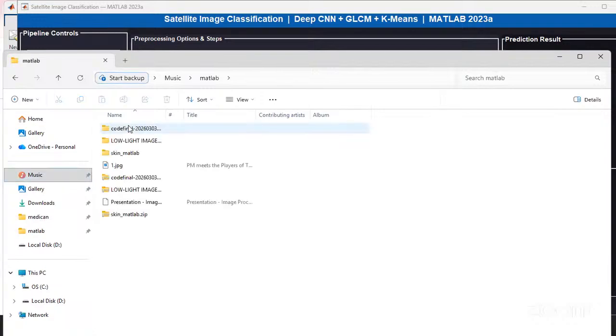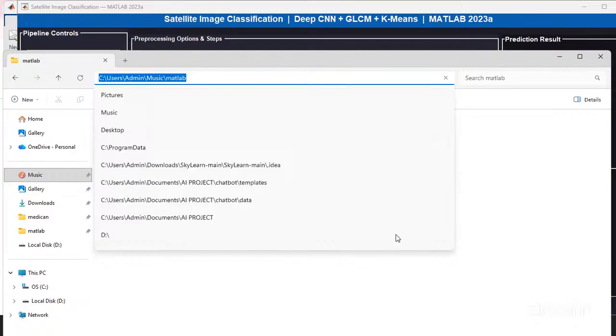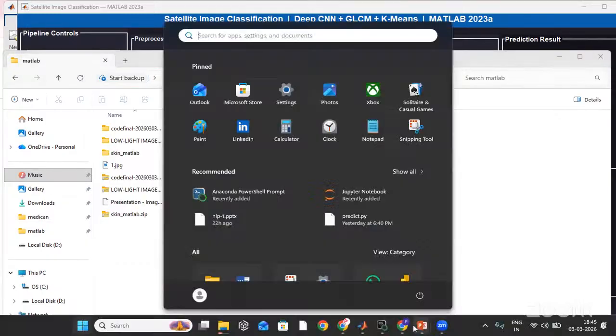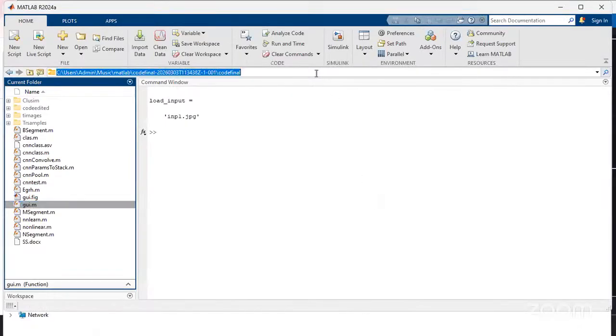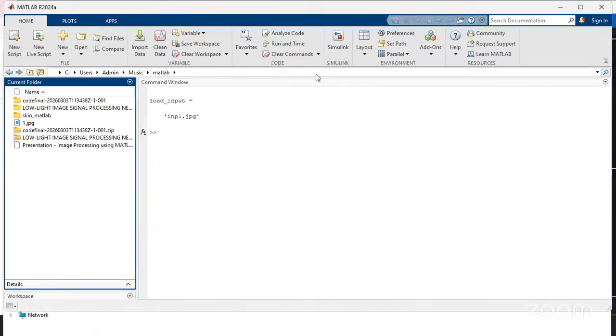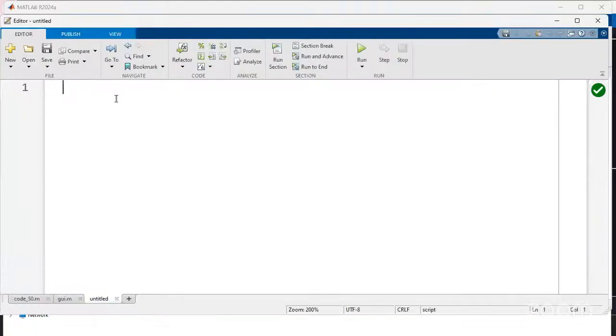After opening, here you need to select and copy the path. Okay. I already have MATLAB. I open MATLAB. Here I need to paste. Enter. After that, I need to open a new script. Correct. Here, I open a new script and type the code for the first image reading, color conversion, and one by one we'll go through that. Okay. One minute.